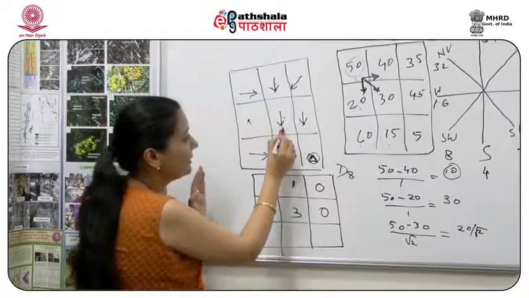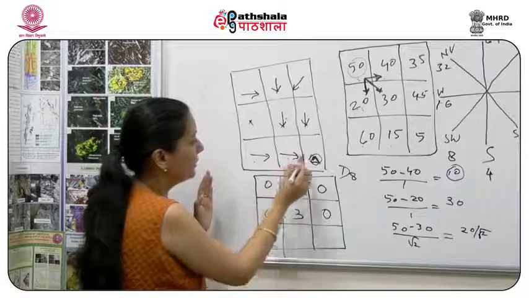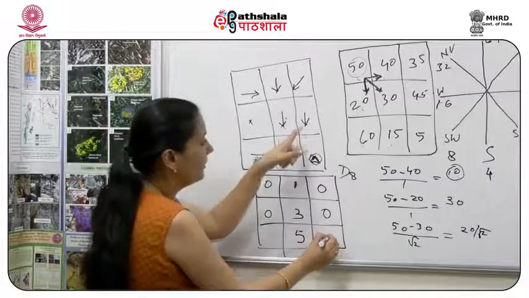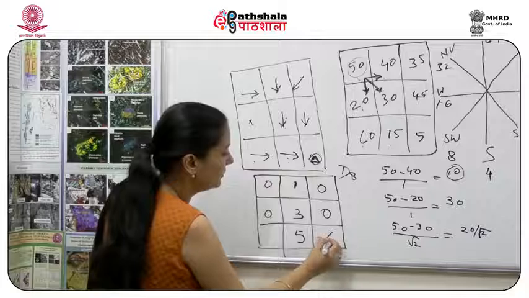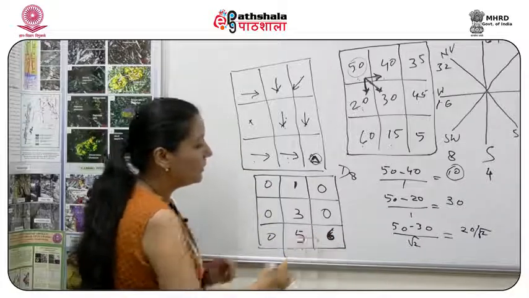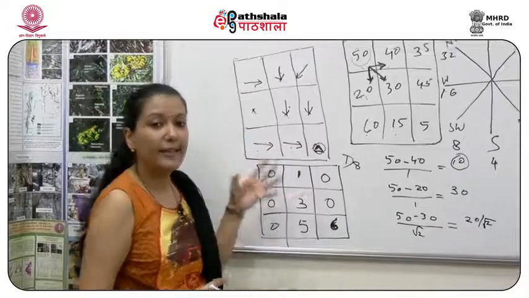Finally we have 3 cells from here, 3 is entering here, 4, from here 5, and so this would be 5 and this would be also added to this, so this is 6. So finally you can understand 6 cells are sending water in from these 9 cells.